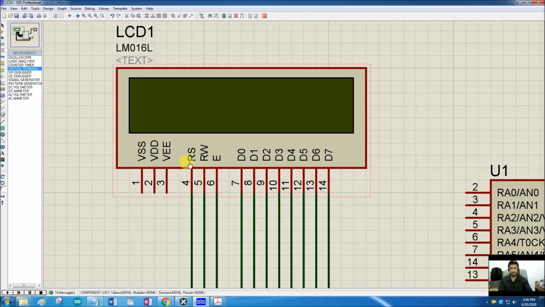So we are going to send some specific combination of data on these 3 pins and these 8 pins. And first we are going to send commands to this LCD to configure it in a certain mode, and then we are going to send some data that is to be displayed on this LCD. So we cannot just send some data to an LCD and have it displayed. No, it is a bit more complex than that.